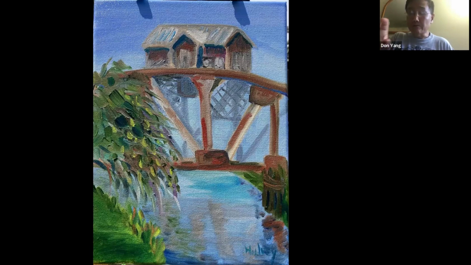So I like to really be focusing on the bridge house itself, but those are things that I noticed that perhaps could have improved this painting instead. And finally, at some point, depending on where the focal point is, maybe you could use a little smaller brush, not so much for detail, but more texture, more the sense of a character. That'll be an added aspect that you probably do at the last stage of the painting. So those are the things that I noticed that perhaps could have improved this painting further.